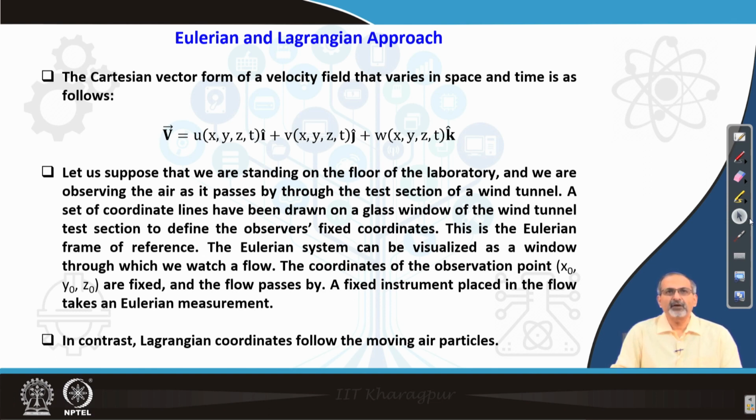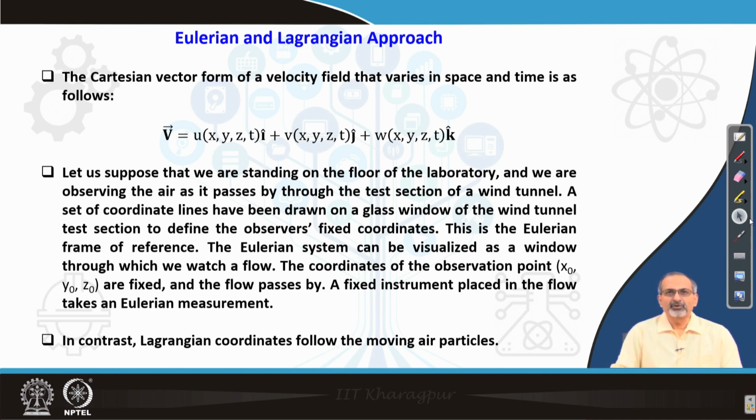And as you can see, functionally they have been expressed both as functions of space and time, and they are associated with the respective unit vectors in the 3 directions. So, this is a very classical way of expressing the velocity vector, and let us suppose we are standing on